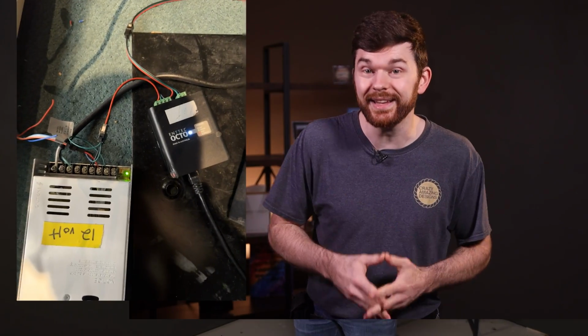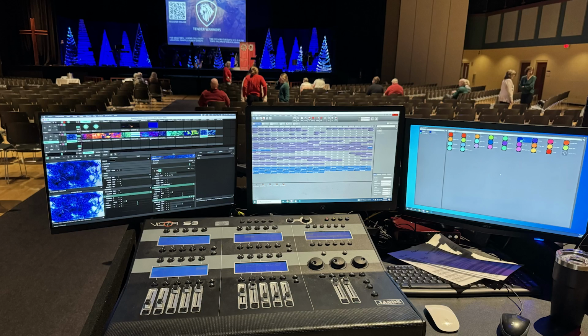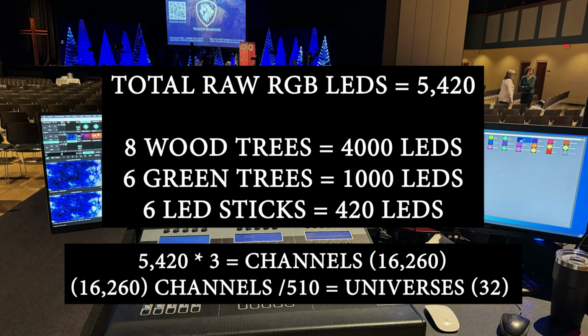To control these LEDs, I'm going to use 4 of my trusty ENTTEC OCTO Mark II controllers that are receiving ArtNet from Resolume Arena on my laptop. I would have used our lighting console, Vista 3, but we only have 1 universe, and well, here's the math